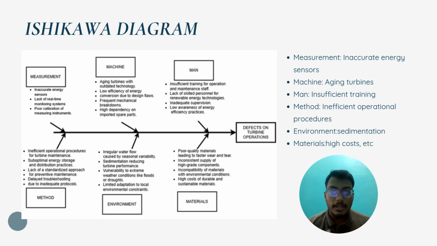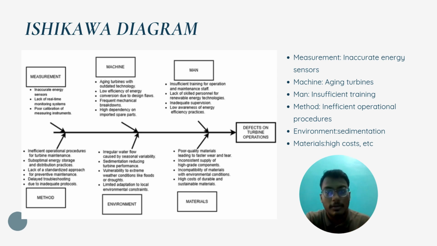and we categorize them into 6 factors: man, machine, measurement, method, environment, and materials. The key findings include insufficient training awareness among personnel, outdated turbine technology, and inaccurate energy sensors. The structured analysis from the Ishikawa diagram enables us to pinpoint the specific areas for improvement, and it gives us some methods to overcome the defects, such as enhancing training, upgrading equipment, and improving material quality to optimize turbine performance and